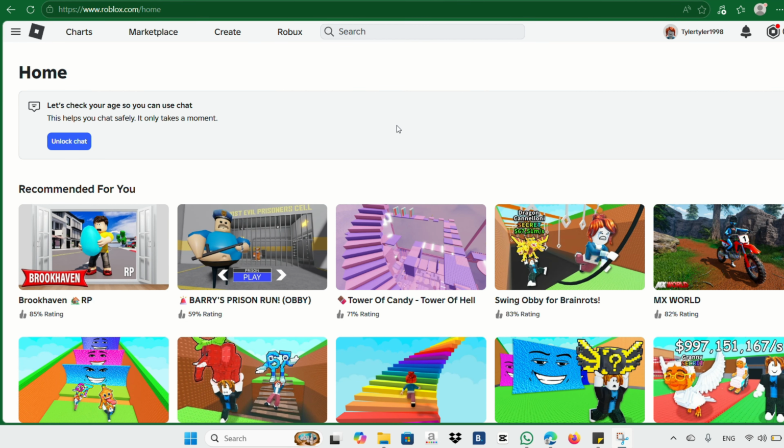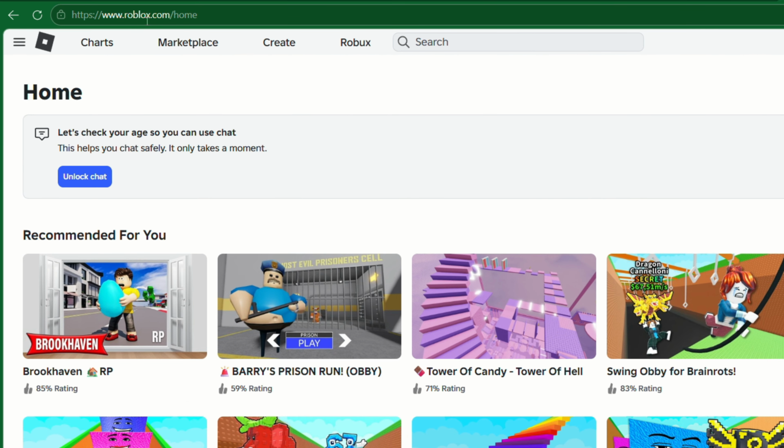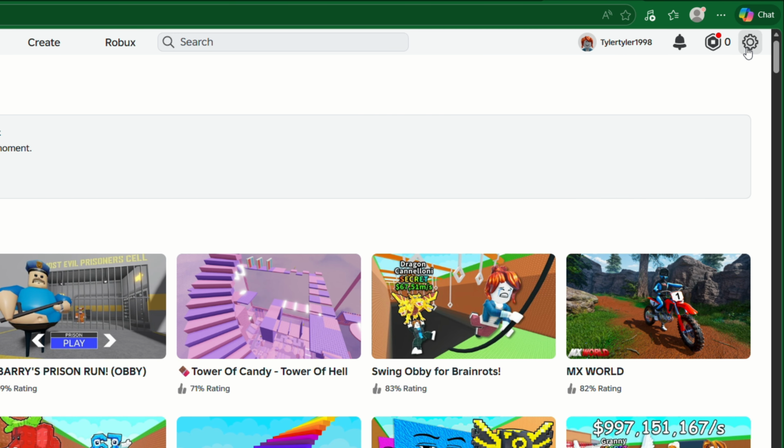In this video, I'm going to show you how to turn off voice chat on Roblox. So to start, go to roblox.com and make sure you're logged into your account. Now, once you're on the homepage, look at the top right corner of the screen and click on the settings